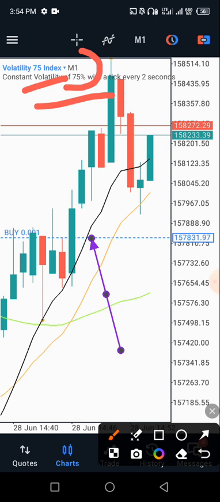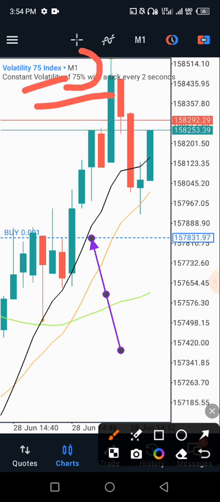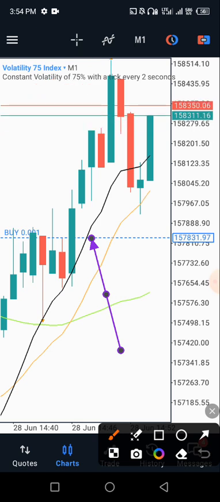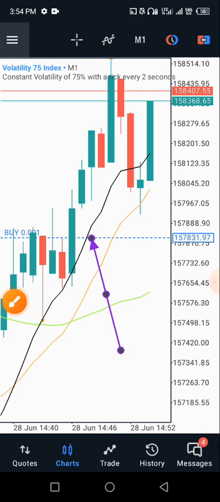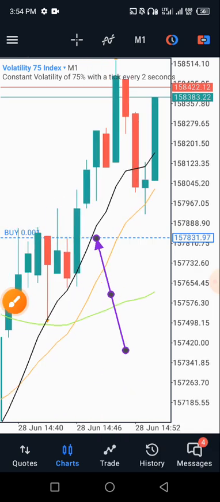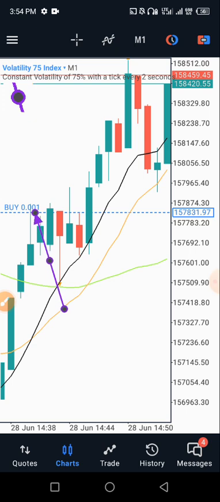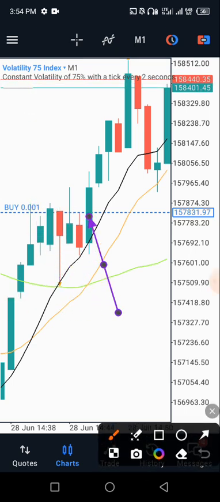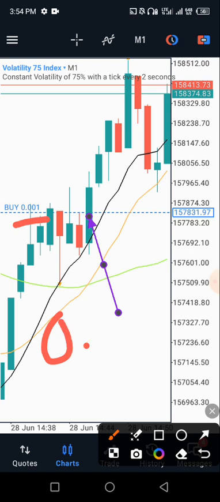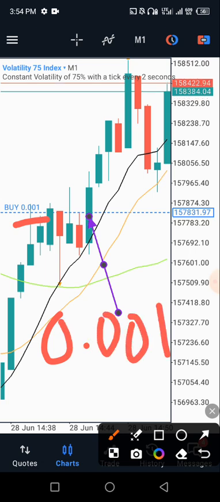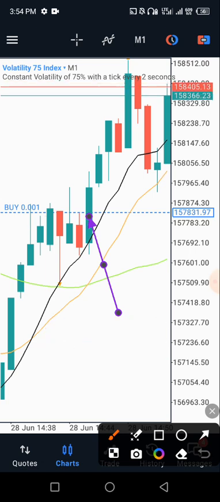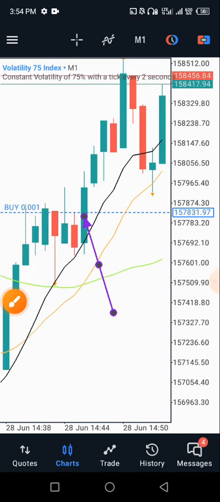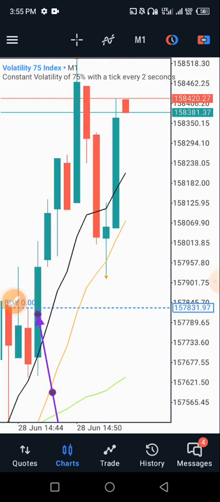So we are not going to be staying long in the market. The way we are going to do it is, whenever we want to make use of this strategy, we are going to increase our lot size. Remember, the least lot size on VIX 75 index is 0.001. But I'll just go ahead now and close this trade and show you how to take a sniper entry